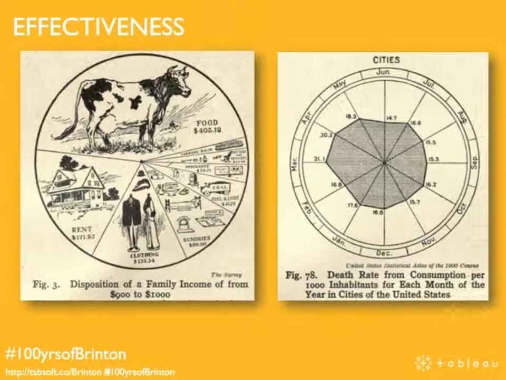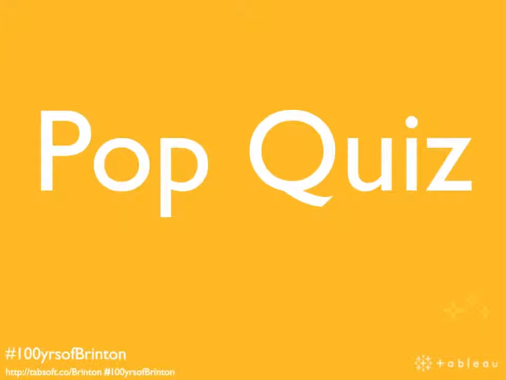As we'll see, Brinton was very much binary. It's like rules, whereas today I'd be like, yeah, guidelines. There are times when a pie chart works. This pie chart's pretty cool. It shows family income and how much people spent on food. Apparently you spent $400 a year on food and a whopping $171.61 a year on rent. So some things certainly have changed between now and 1914. Prices have, if not the preponderance of pie charts.